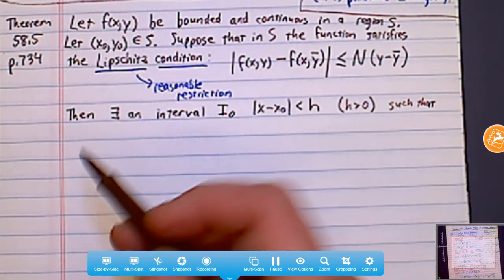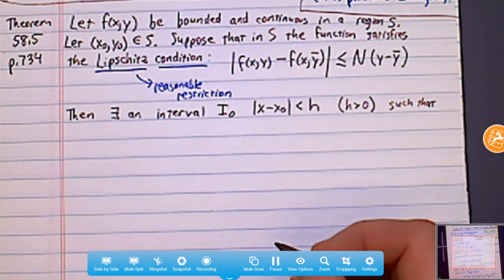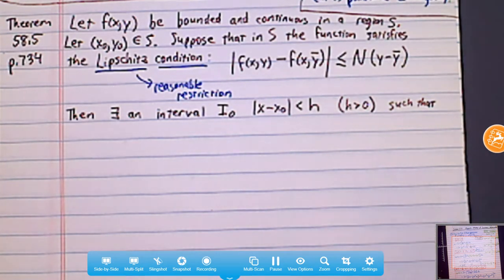It's just shorthand. You could write it out in English if you want. I'll write everything else out in English. Such that